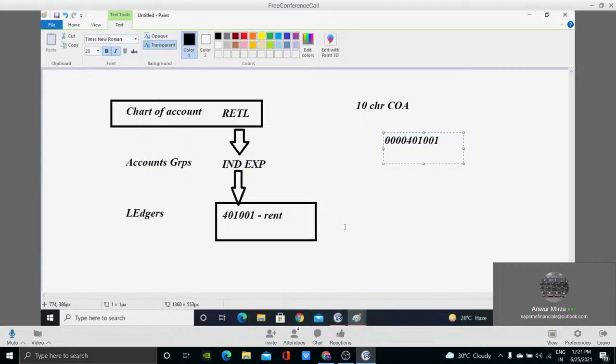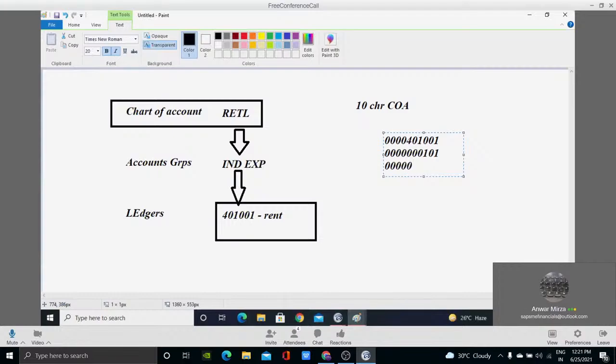Imagine they said that only 100 accounts are there. Now what? How does it look? Imagine they have taken 10 characters, but at the time of creation they have taken only 3 characters. How does it look? Now, for some other account, what we see, I have seen this with my eyes and I have suggested them: do you really think that this is going to work for you in an audit or inspection?